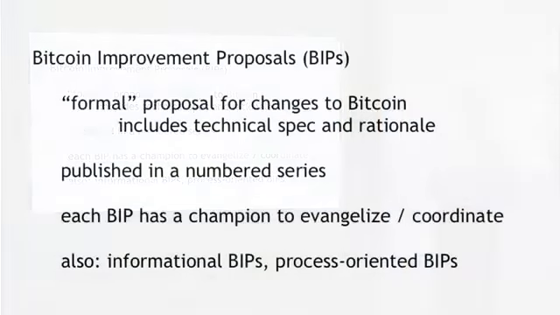Now, what I've talked about so far are proposals to change the technology. There are also some BIPs that are purely informational, just to tell people about things that they might not otherwise know, or that are process-oriented, that talk about how things should be decided within the Bitcoin community. But nevertheless, if you have an idea about how to improve Bitcoin, typically you would make a Bitcoin improvement proposal, and that would be the process for discussion going forward of proposed rule changes. And so we have a rule book, and we have a process for proposing, specifying, and talking about rule changes.